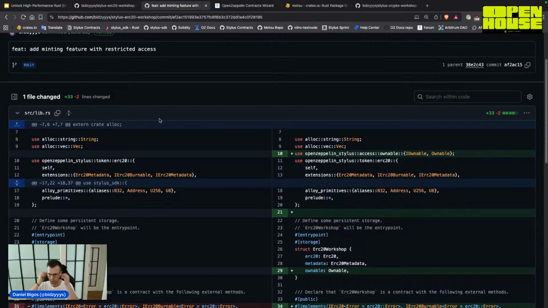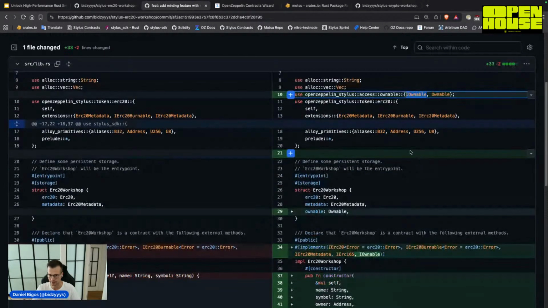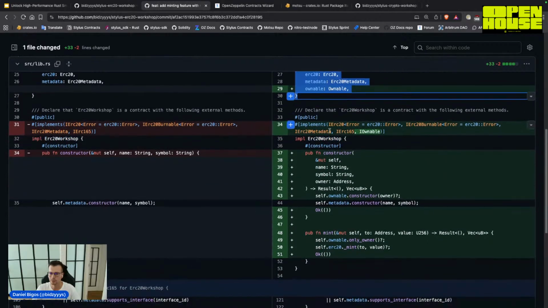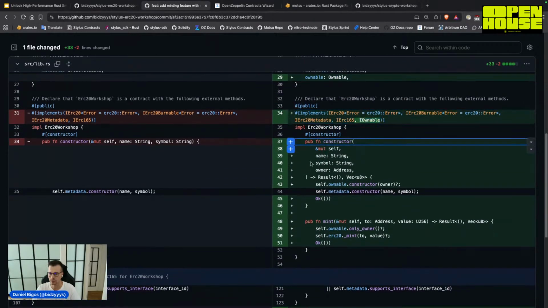So we can import from the OpenZeppelin Stylus library the ownable component, ownable struct, and its interface, add it to our smart contract, to our workshop smart contract, add an interface to the smart contract, initialize the ownable component properly